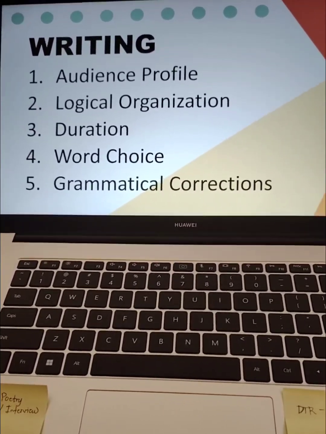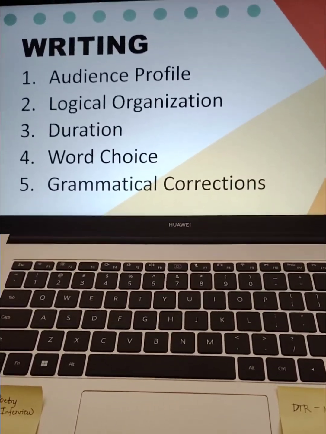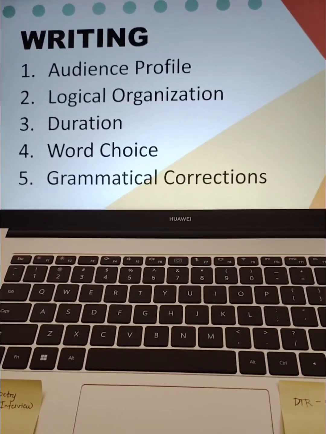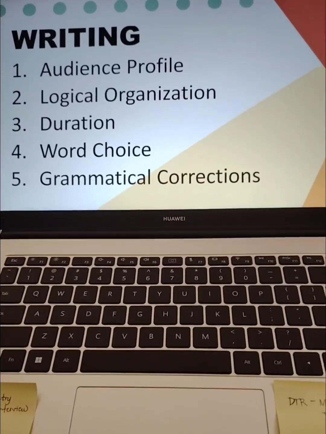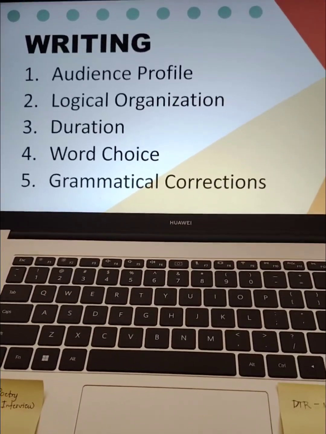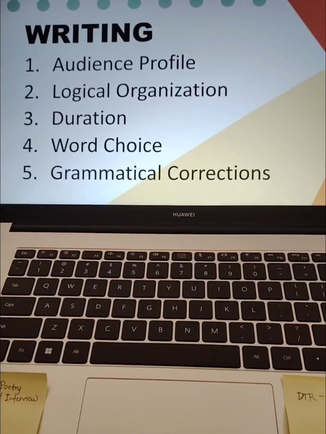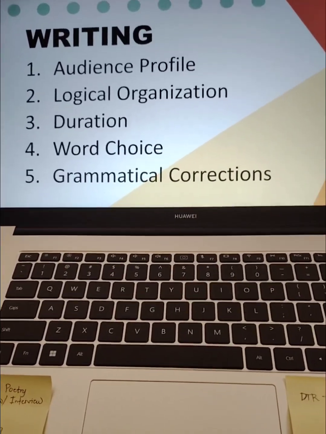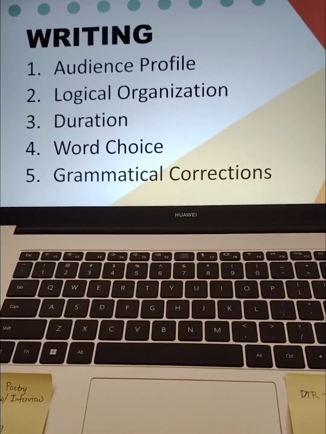Same with the duration. In number three, if you will be talking to children, of course, the duration of your speech should be shorter compared to those who are already aged. And the logical organization of your speech, let's say, if it's a valedictory speech, would you want to start with your gratitude towards the people who actually helped you get where you are, or who have taken part in your achievement?